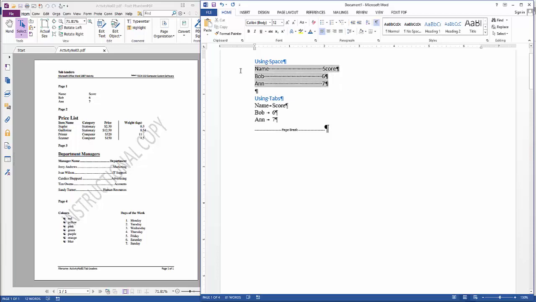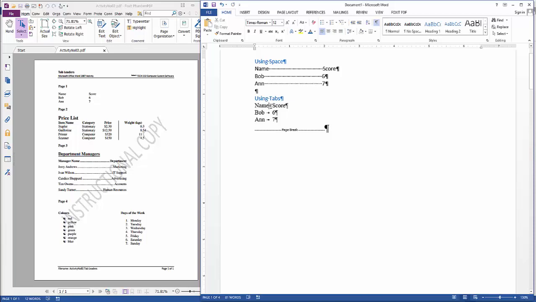So this is how you do it with space, to align it on the 2 inches mark. And sometimes if you use space, it would be harder to actually neatly align the text. In this case we only have 3 lines, so it would be considerable, but if you have more than 20, you will see the difference, you will see the effect. Okay, so for the tabs,